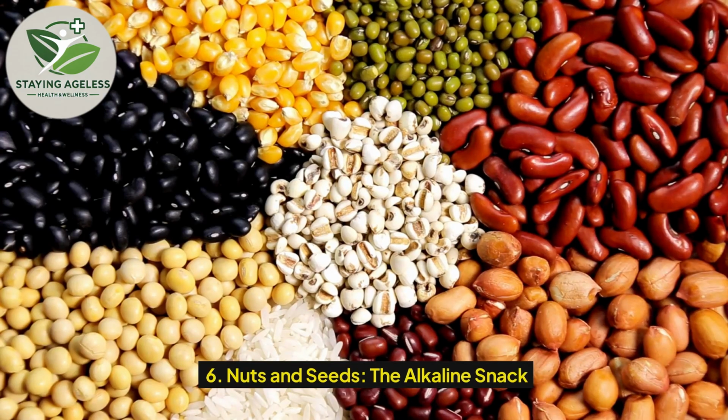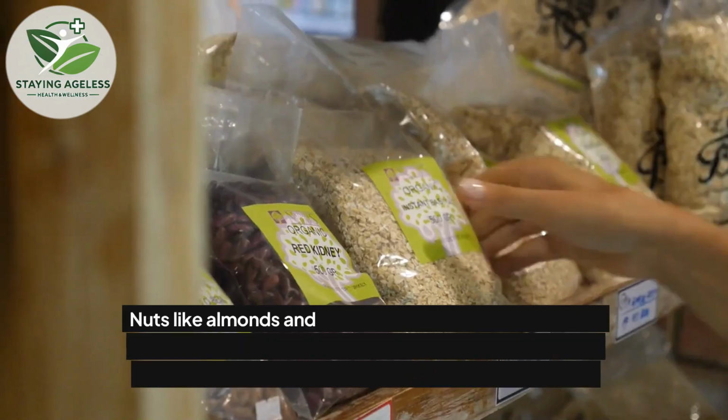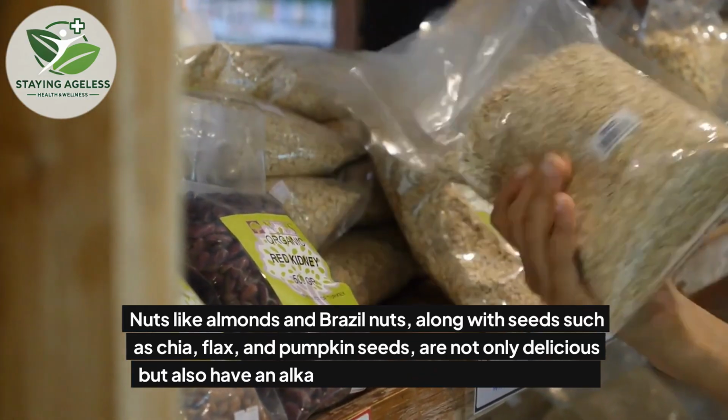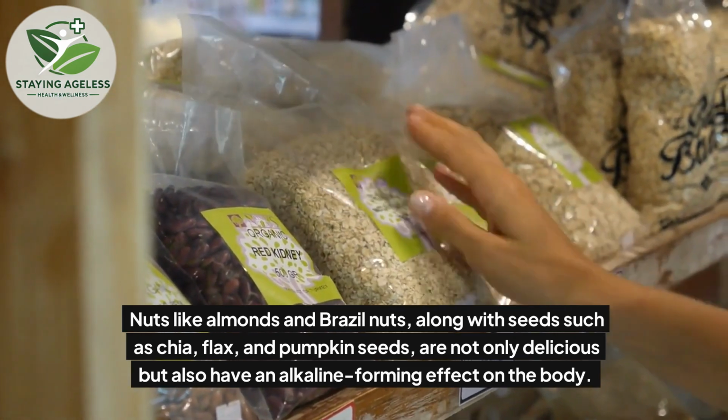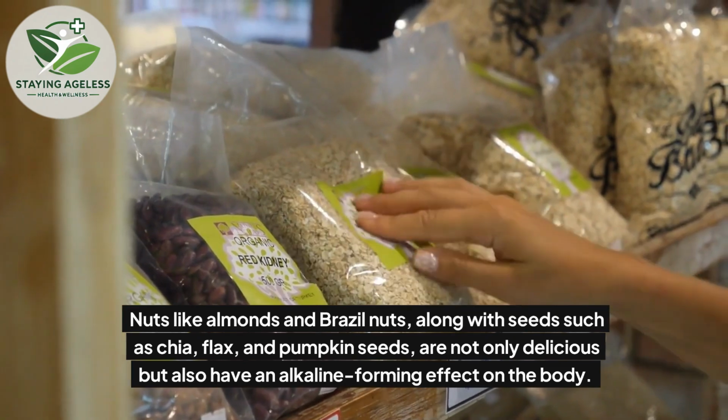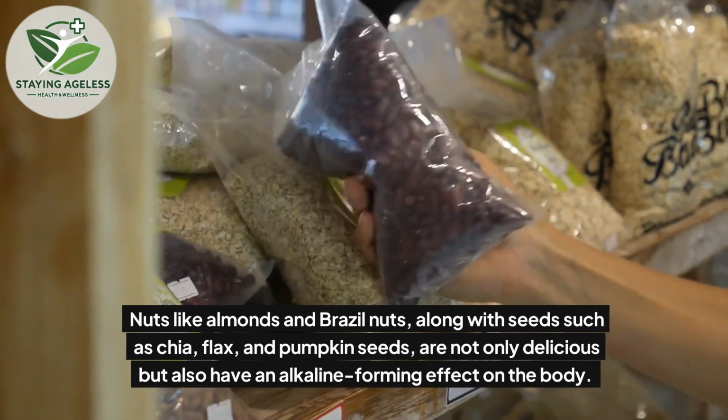Number 6. Nuts and seeds, the alkaline snack nuts. Nuts like almonds and Brazil nuts, along with seeds such as chia, flax, and pumpkin seeds, are not only delicious, but also have an